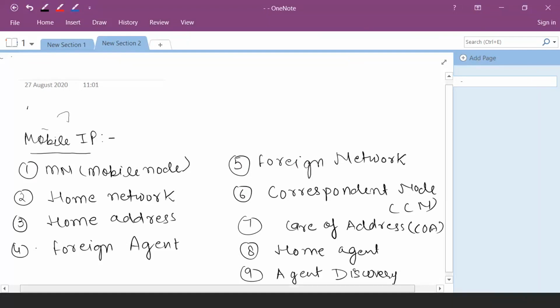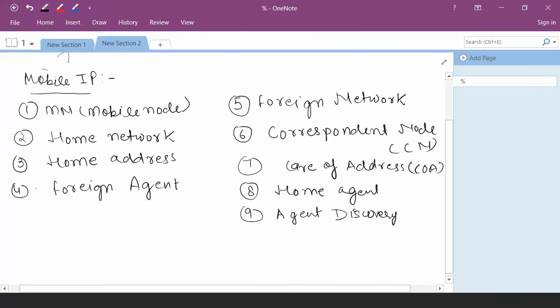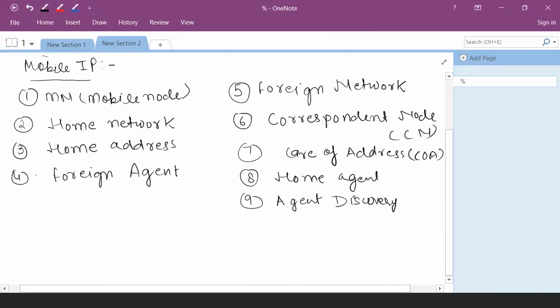And in one's exam, if the question arrives regarding the explanation of mobile IP and its features, then you have to draw a diagram as well as explain all of the components one by one. So just mentioning the names does not give you full marks. You have to explain each of these components with the help of a diagram also. I elaborated these before, but for the revision I will elaborate once again in a verbal manner.